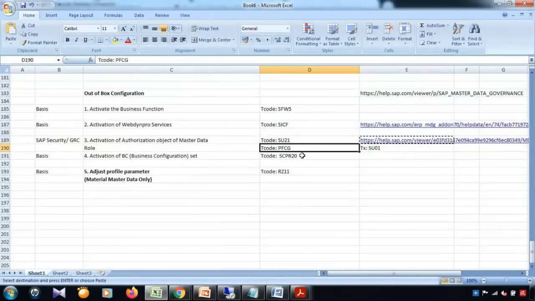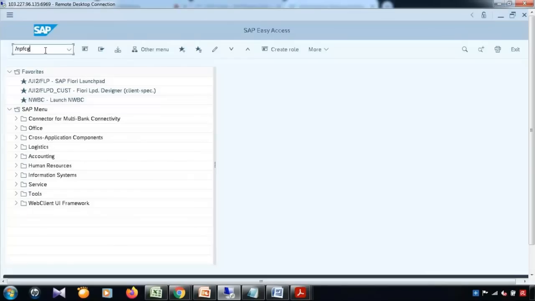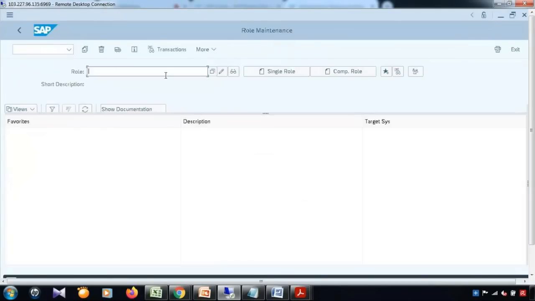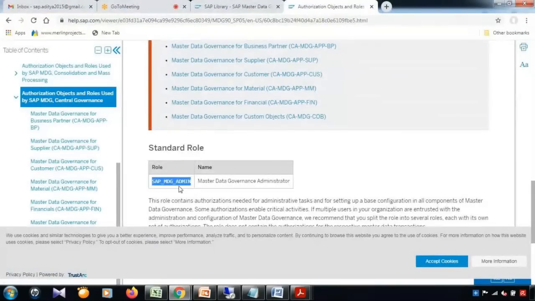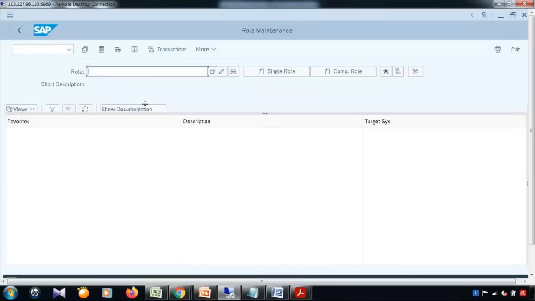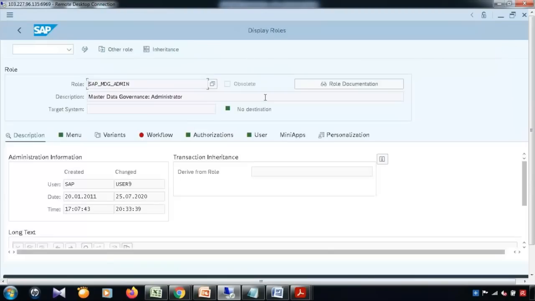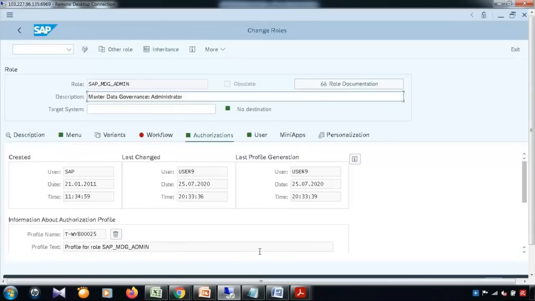They will first go to this PFCG role, SAP MDG admin, which is the SAP MDG administrator role. Continue. And in this role, let me go to the edit option, authorization. In the authorization,